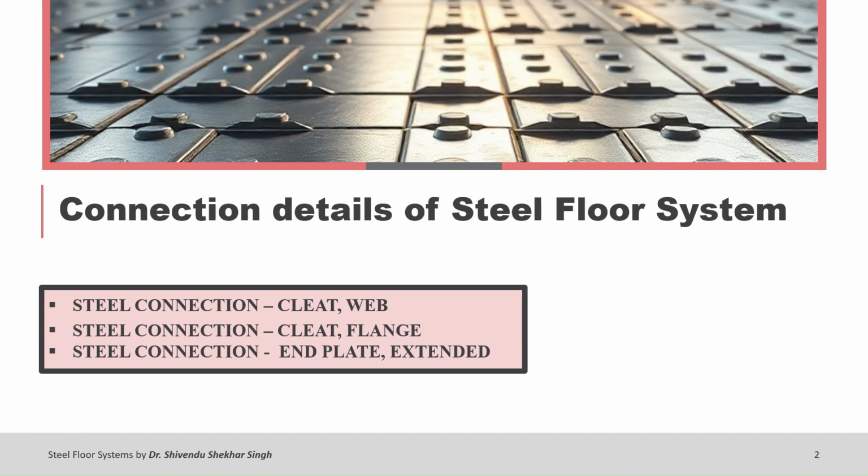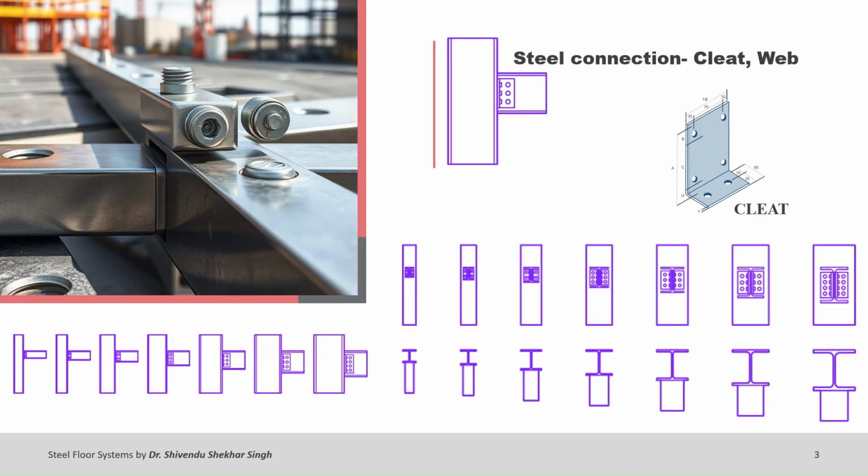In steel construction, a cleat connection refers to a type of joint where a steel plate, the cleat, is used to connect structural members, typically beams and columns. There are two main types, web cleat connections and flange cleat connections. Primarily used to transfer shear forces between connected members. Cleats are typically made of high-strength steel to ensure adequate load-carrying capacity. Cleat connections can be made using bolts, welds, or a combination of both, depending on the design requirements.